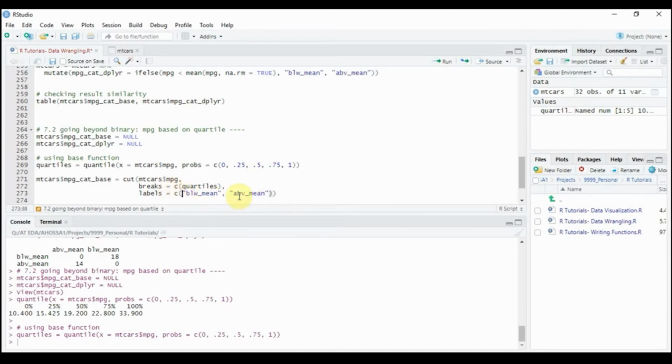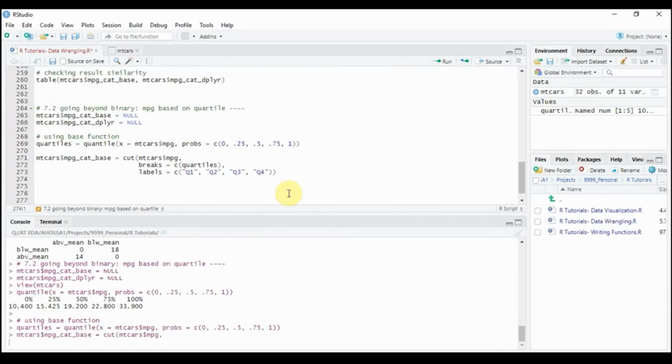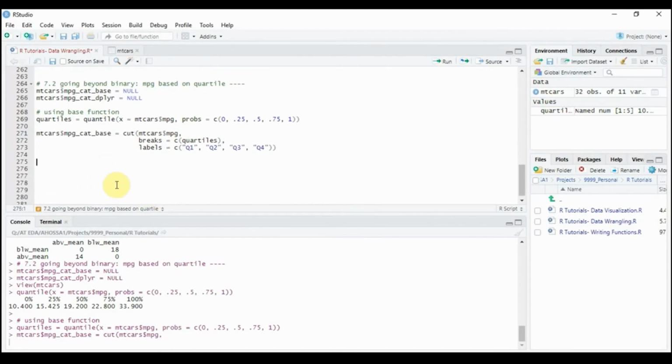And then the labels, we need to add 2 more labels. How can we do that? We can change it to Q1, Q2, Q3, and Q4. Okay, so now let's run the code. Once it's done, we can go back and take a look at the data. While it's running, let's jump into the dplyr section